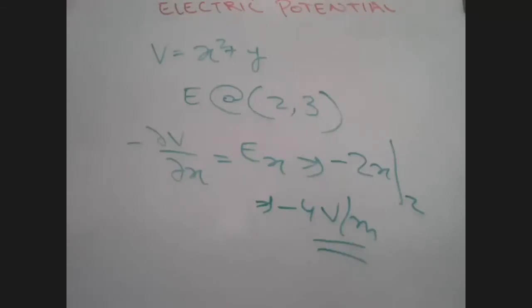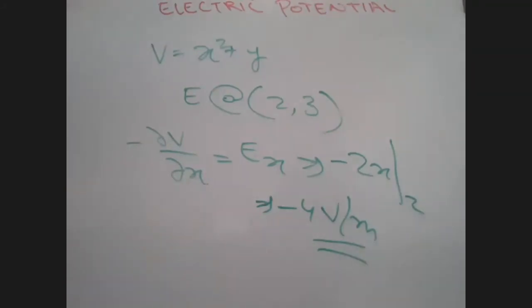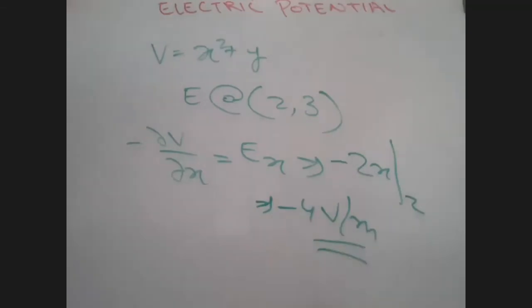I'm not bothered with the answer, I'm not bothered with minus 4. What I'm bothered with is by how many volts per meter it is dropping. When I'm asking you the potential, try to be specific. Being specific will actually increase your knowledge, because minus 4 is basically calculation. Everyone knows the derivative is 2x. What matters is volts per meter. What is it going to be with respect to y then?